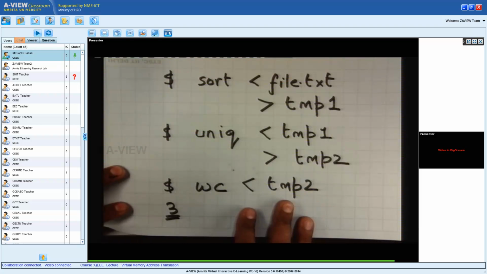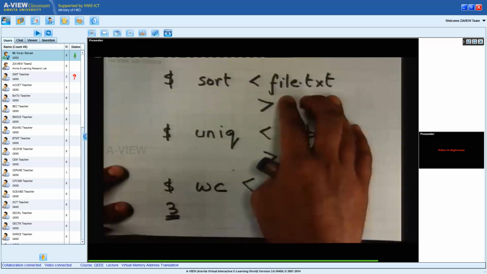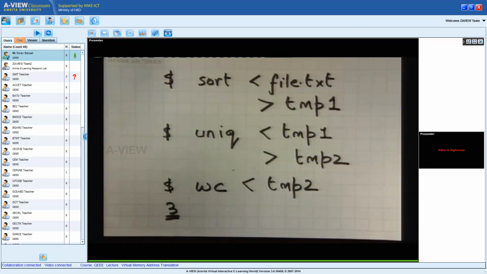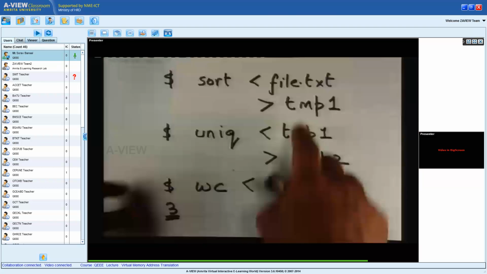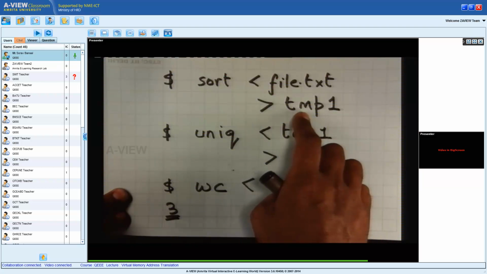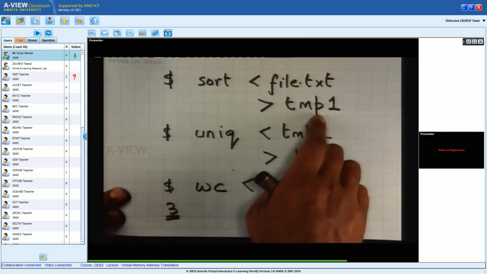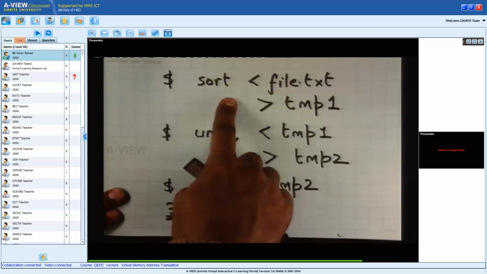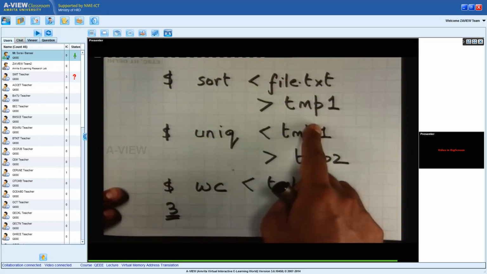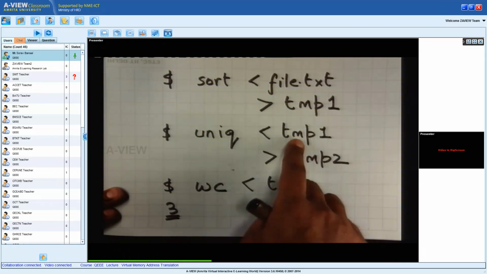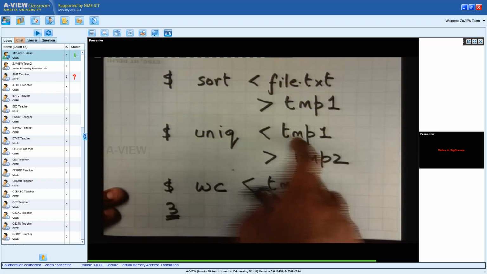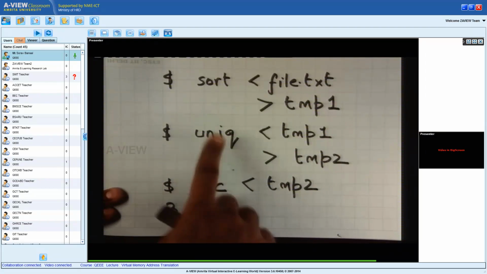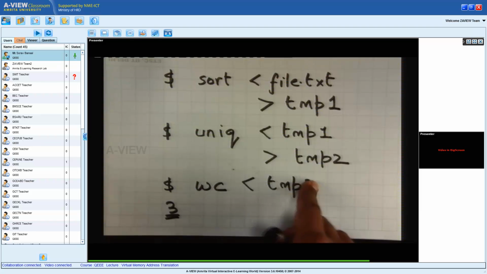This kind of thing works, but it's not very efficient, right? Let's say my file was very large, say 1 terabyte in size. Then I need another file, temp1, which should be able to hold another 1 terabyte. So I need to read 1 terabyte of file.text and write 1 terabyte of sorted output. Then I need to read 1 terabyte of data and write slightly smaller data to temp2, and finally